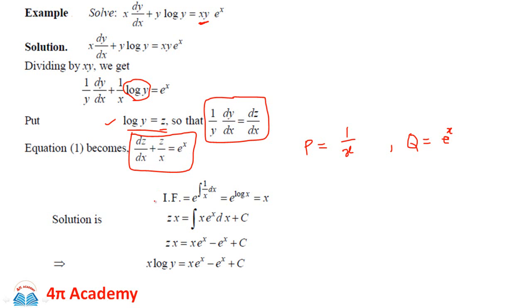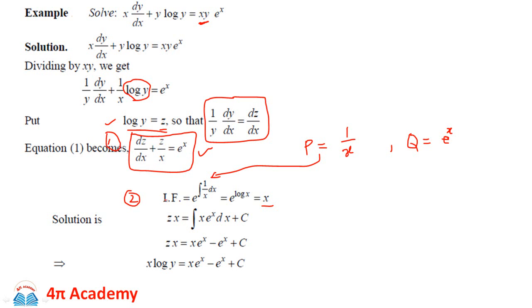So now the first step is you have to first convert it into the reducible form, which we have done. Then the next step is you have to find out the integrating factor. So integrating factor is equal to e raised to power integration of p dx. So here our p is 1 by x. So that will be e raised to power integration of 1 by x dx, and you know its integration, that is integration of 1 by x dx is equal to log of x, and e raised to power log of x is nothing but x. So we have done the second step.